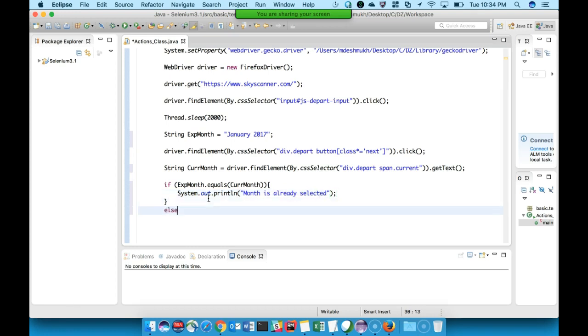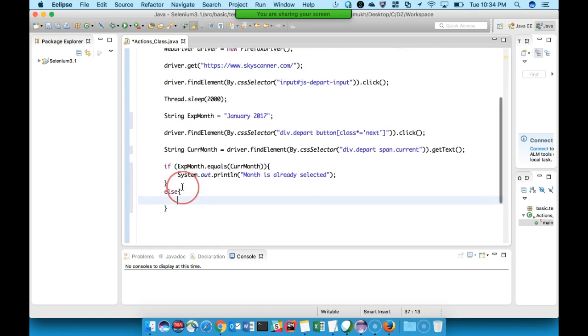If the expected month is not already selected, then comes all the work that we want to do by clicking the next button and checking whether the expected month appears over there or not. For that, let us take a for loop over here.